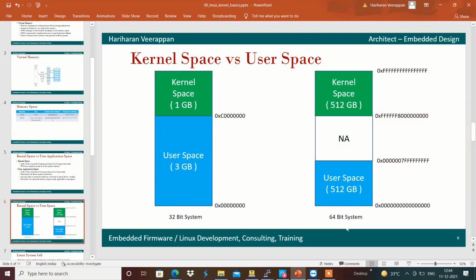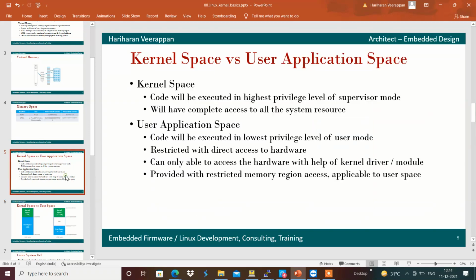In the case of a 64-bit system, the bottom 512 gigabytes will be used for the kernel space and the top 512 gigabytes for the user space. And we can still use RAM as 512 MB for both cases.